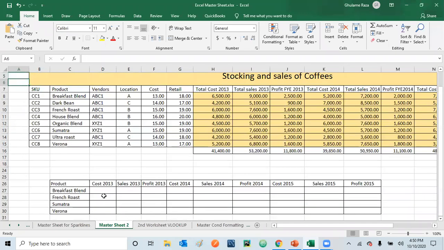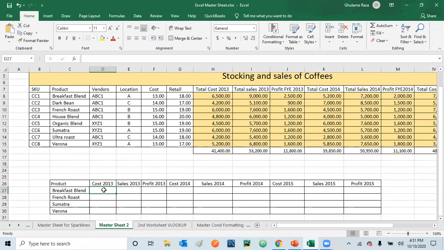So if I want to find the value of this entire row, or you can say, if you want to find the values for all the columns in the table, you need to make sure that all the headers like cost 13, sales, all of these are in the same sequence as in the master table.